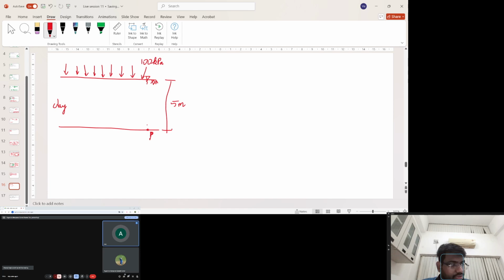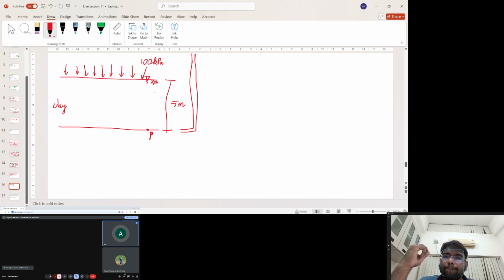Therefore, above the ground surface, u bar is going to be 10 meters of height. Is it correct, sir? No, I'm not getting your point. You can insert the piezometer up to point P. From point P, just insert the piezometer. Now, if you try to see above the ground level,